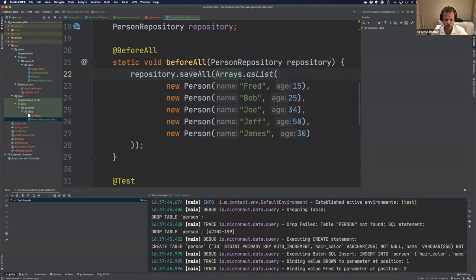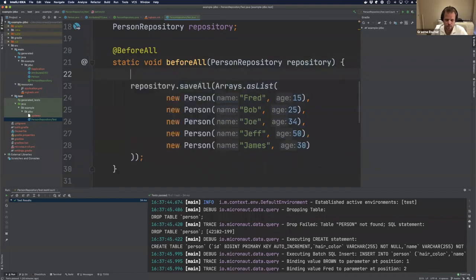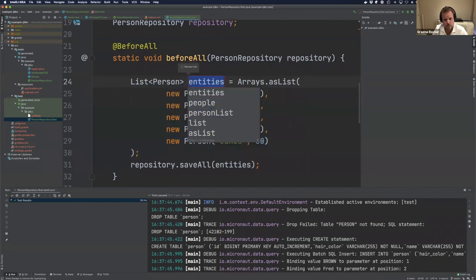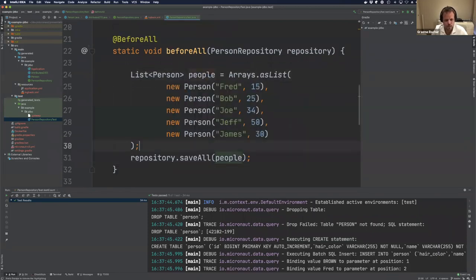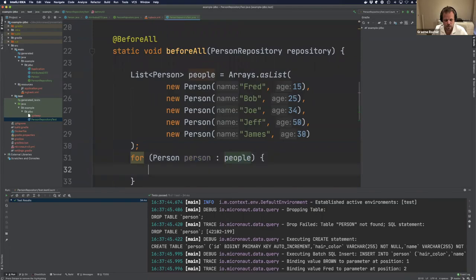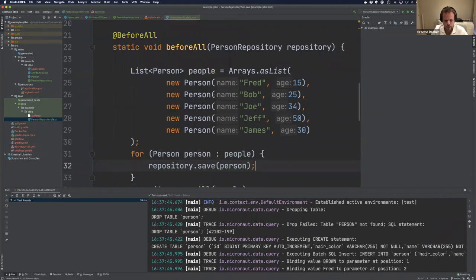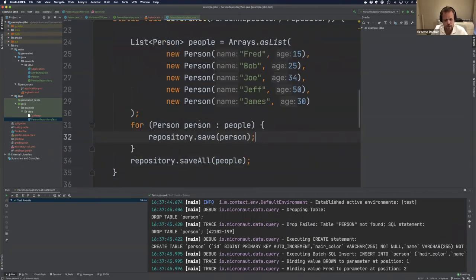So if I was to write something like this, people, and I was to do something like this, that would produce five inserts, right? So, and we have some optimized smarts around cascading updates and inserts and so forth